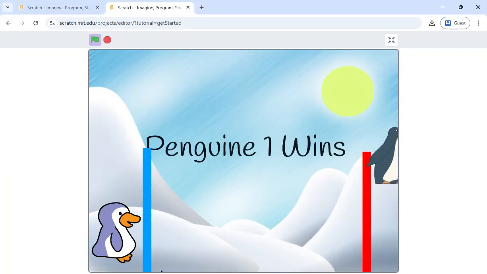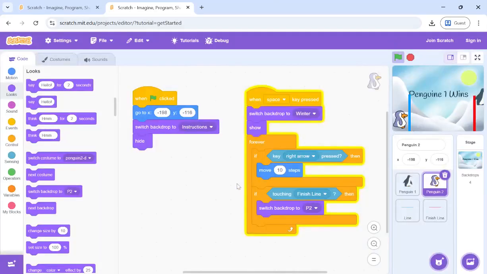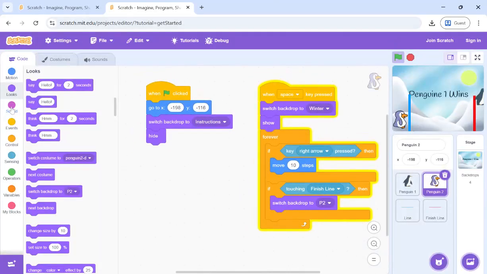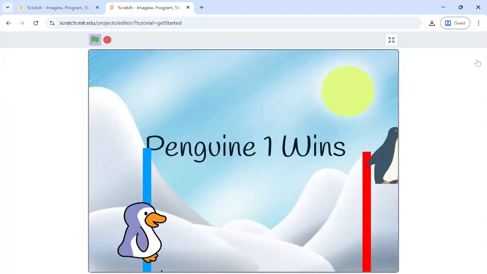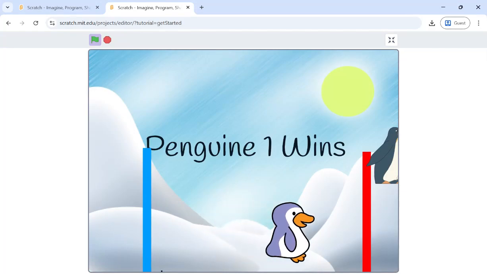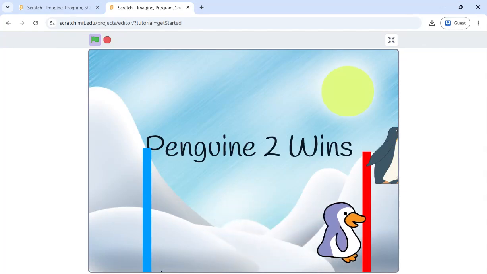The backdrop switched, but all the sprites are still visible. So simply we will add the code that whenever P1 or P2 is there, we should hide all the sprites. There must be one more thing. See, I am still able to make the sprites move even after penguin 1 has won. So we should add a stop all block as well.